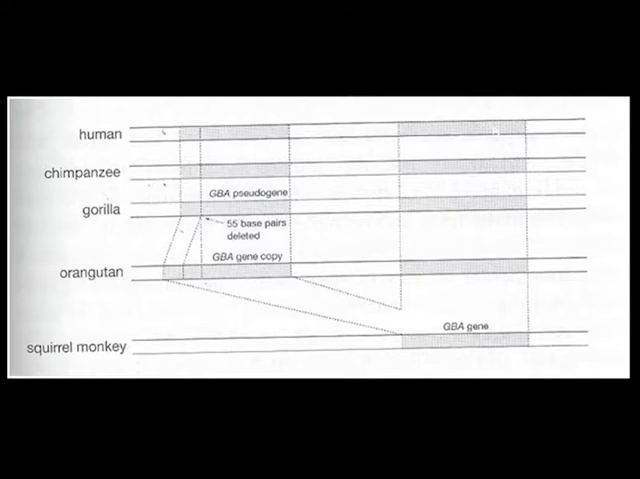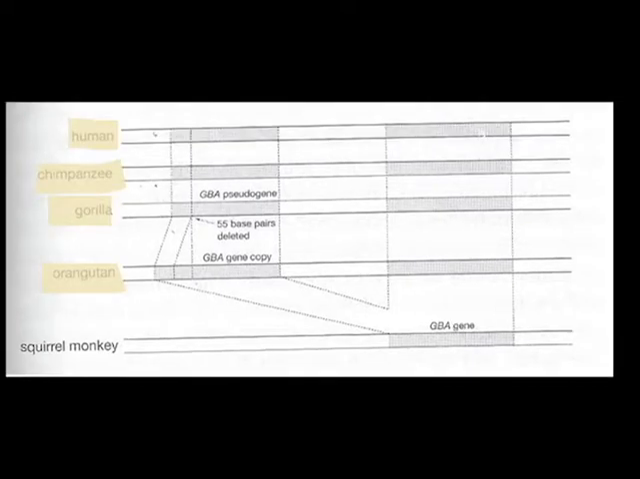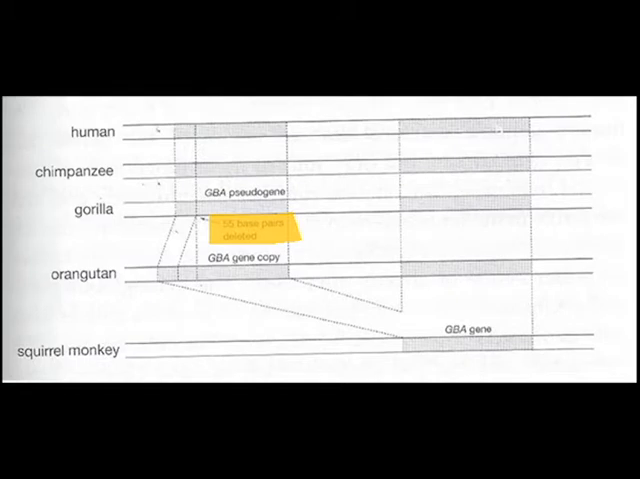The results showed that the pseudogene existed in humans, chimpanzees, gorillas, and orangutans, but not the squirrel monkey. It also revealed that 55 base pairs were deleted in the pseudogene of humans, chimpanzees, and gorillas. The likelihood of a gene having the same sequence deleted in 3 separate species is highly unlikely, supporting the idea